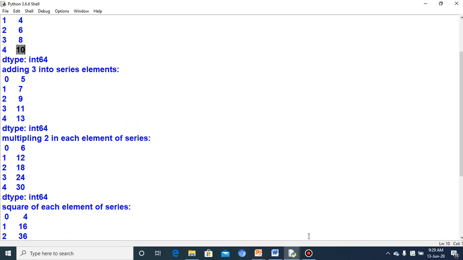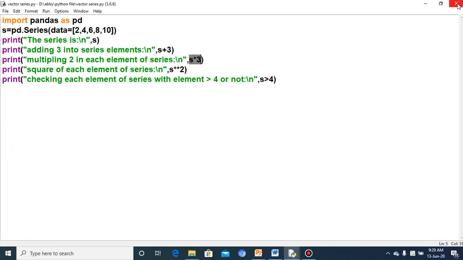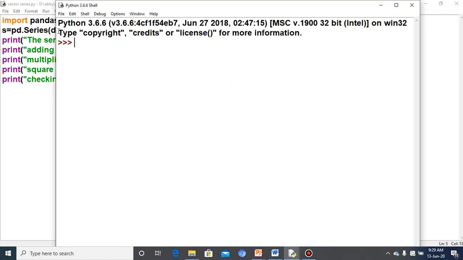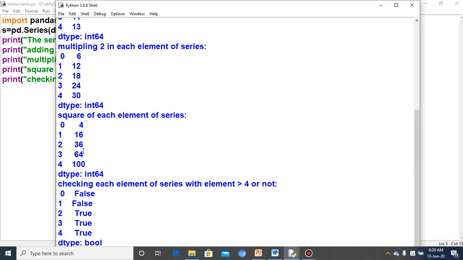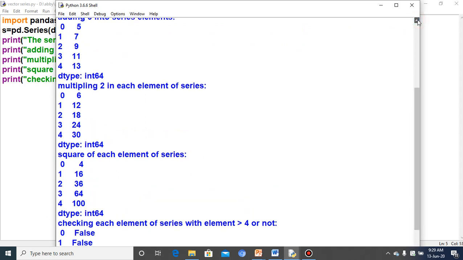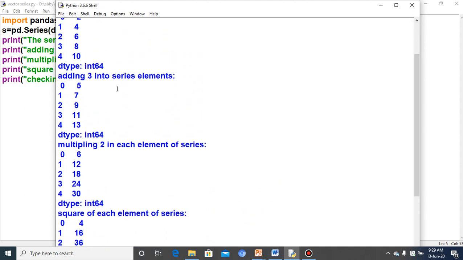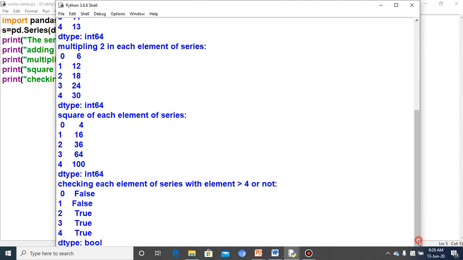Let me check once. Okay, here the number 3 is multiplying. That is why 2 into 3 is 6, 4 into 3 is 12, and so on. The output is coming 6, 12, 18, then 24 and 30.